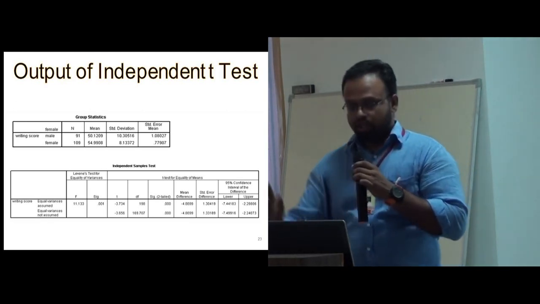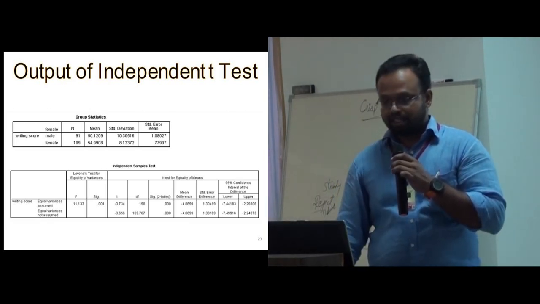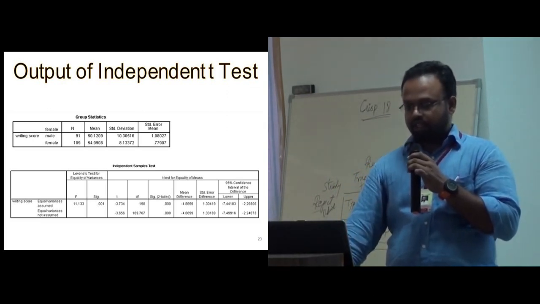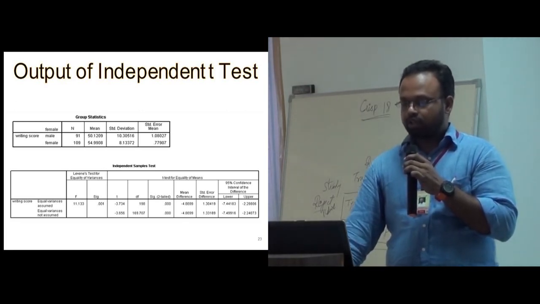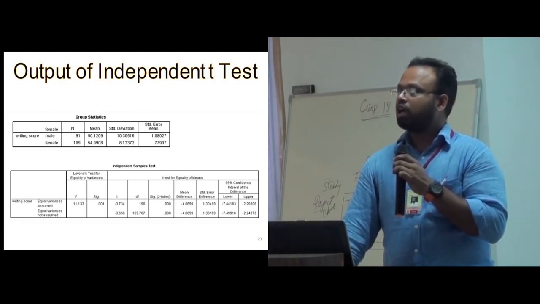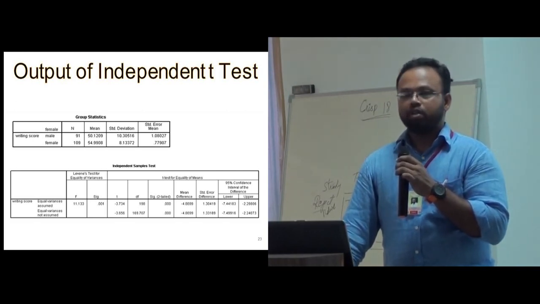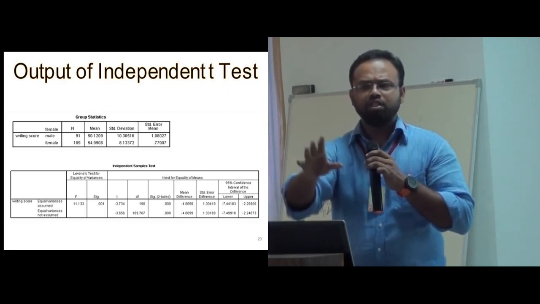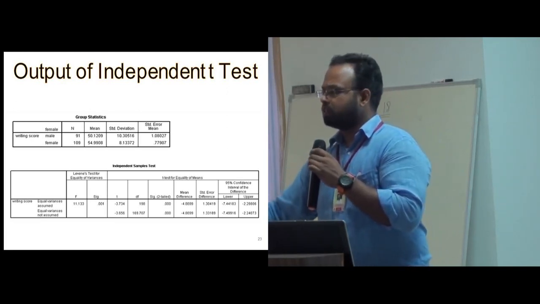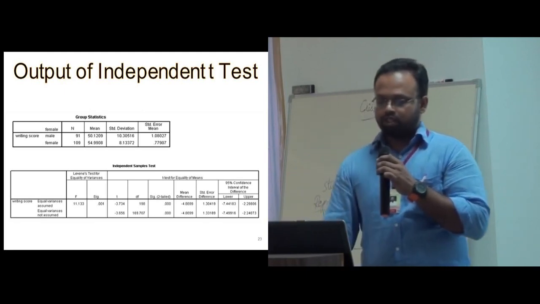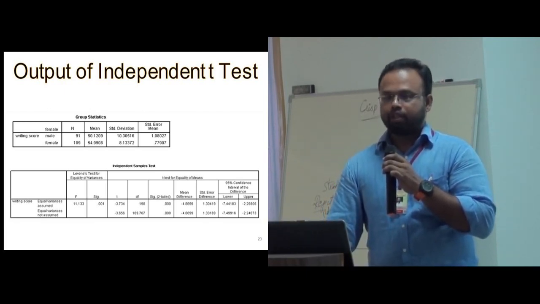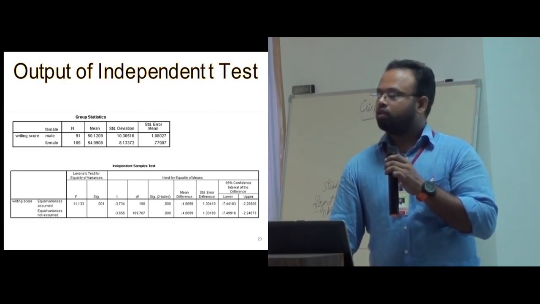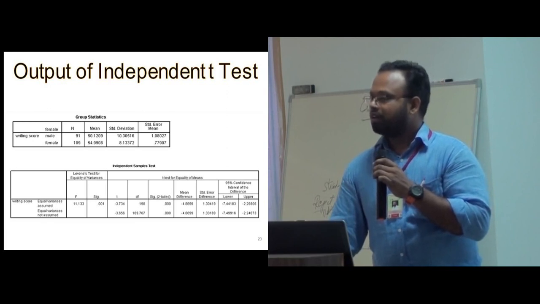So independent t-test, any test will calculate a test statistic like this. This is a test statistic, and it will give a significance two-tailed like this. So this is your ultimate p-value. So guys, for every test, don't worry about what the test statistic is and everything. After doing the test, simply go to the p-value. That's all. So here, this one is the p-value. Like that, everywhere significance two-tailed will be there. Okay, clear?